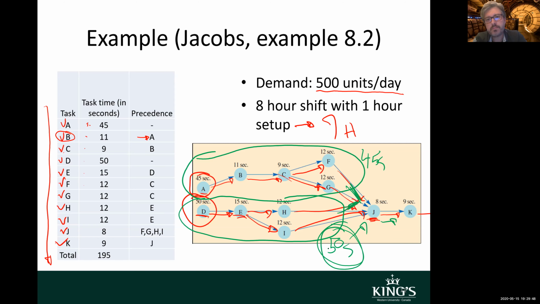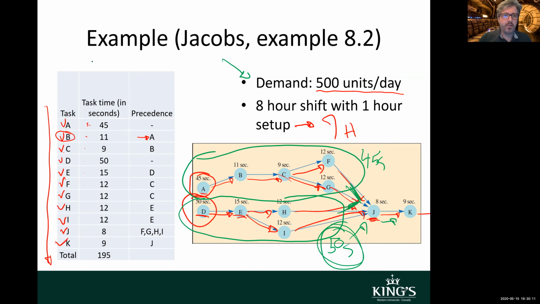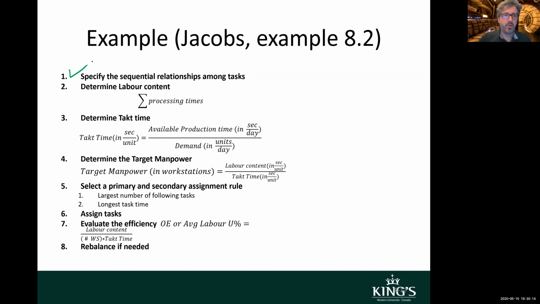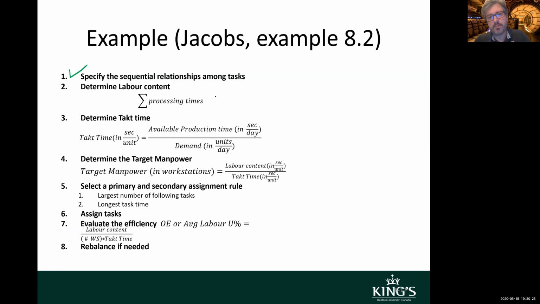Is this enough to fulfill my demand? Or can I do something else? That's exactly how we're going to assemble our line and balance that. So I already specified and put into sequence the relationships among those tasks. Now I'm going to determine my labor content. So let's do this. How do I determine my labor content? I can look at all these tasks, and if I sum them up, the sum of that is 195 seconds. So there you go. The sum of processing times is 195 seconds